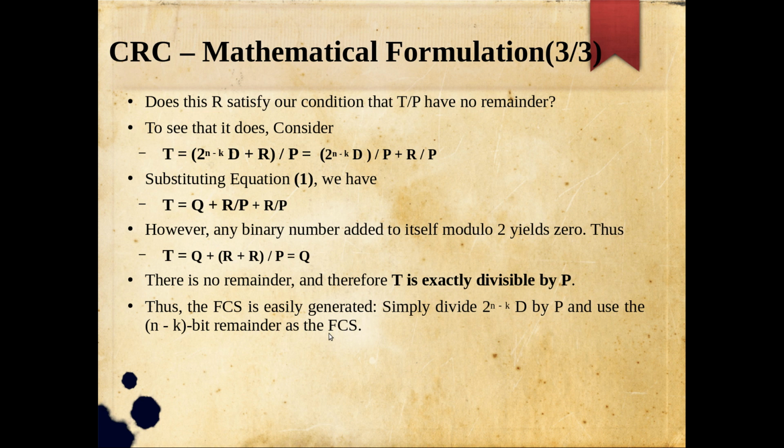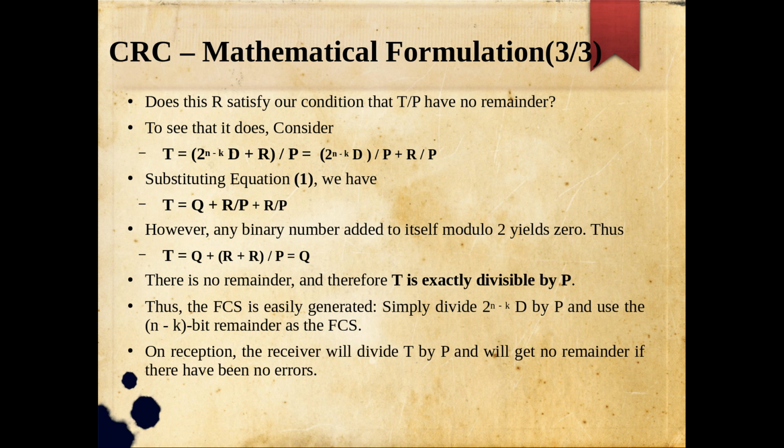And at the receiver side, sometimes they may ask you to verify the correctness. Then you can show one more level of division, where after appending D with the n minus k remainder, you take that and perform the division with the same P and show that the remainder is 0, meaning that there is no error. And if there is some 1-bit or 2-bit change, accordingly you may not get the remainder as 0. So that is the scenario.